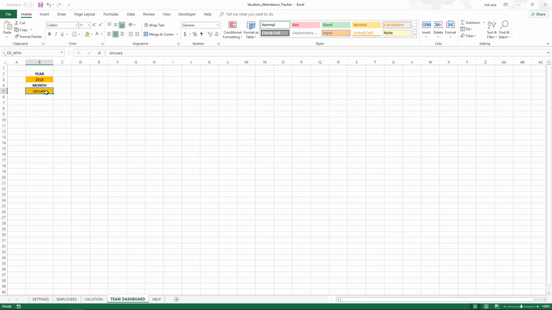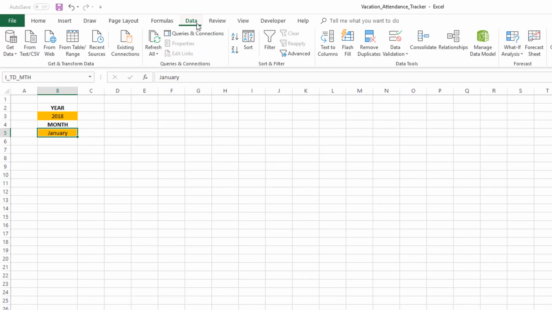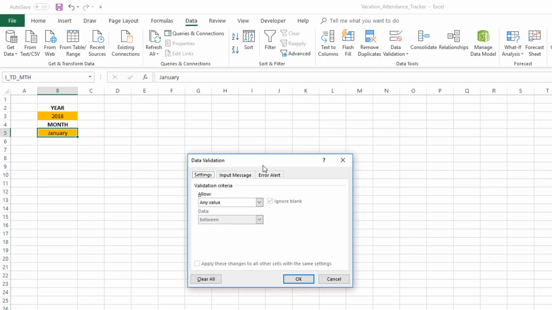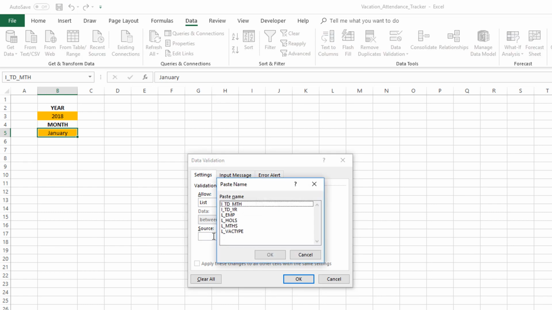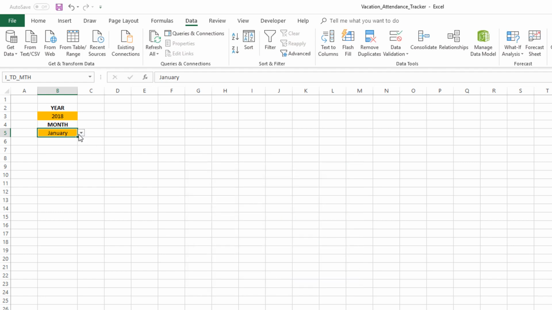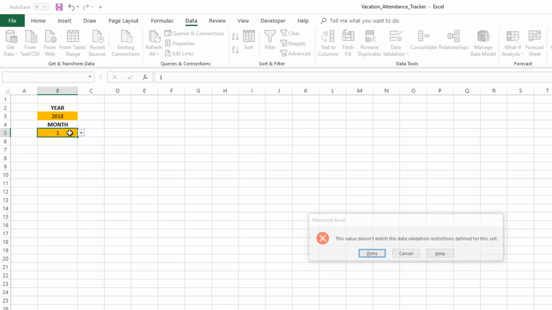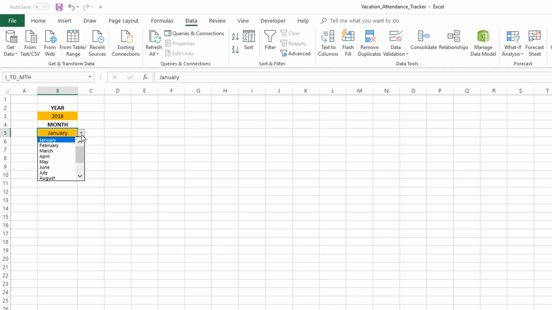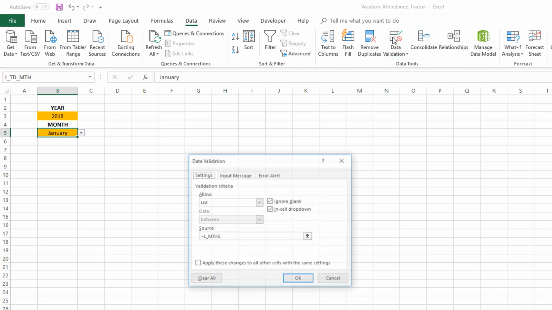I'm going to go back to the team dashboard, go to data, validation, list. And now here, press F3, and now you'll see L_MTHS. Press OK. Okay, there we go. So now if I try to type in Jan, it's not going to accept. If I try to type in 1, it's not going to accept. And we're going to just choose January. With the data validation,